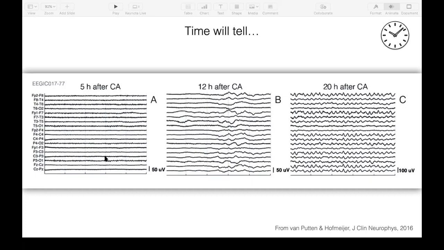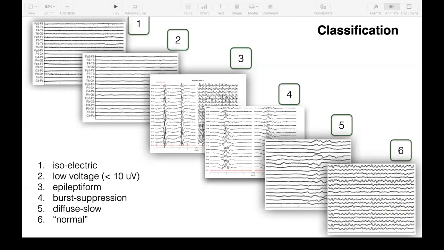I think MST and Rijnstate already have maybe 800 or 900 patients, and in collaboration with many other clinics in the Netherlands, and actually one in Belgium as well, we have over 1,000 observations right now. And this has assisted us in proposing a classification of the EEG in these patients